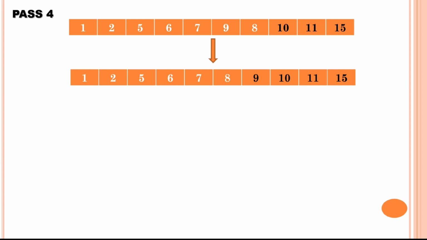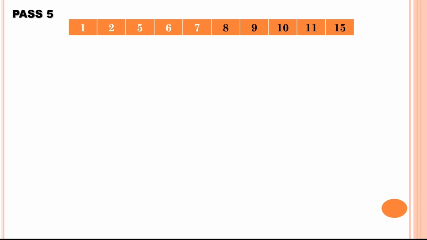Actually, we can observe that the list has already got sorted right after pass 4. As we can see that no swapping operations have been done in pass 5, so we can stop the procedure there because we have already obtained the sorted list. Thus we can conclude that if there are no swaps in a particular pass, then we can discontinue any further passes as the list has already got sorted.